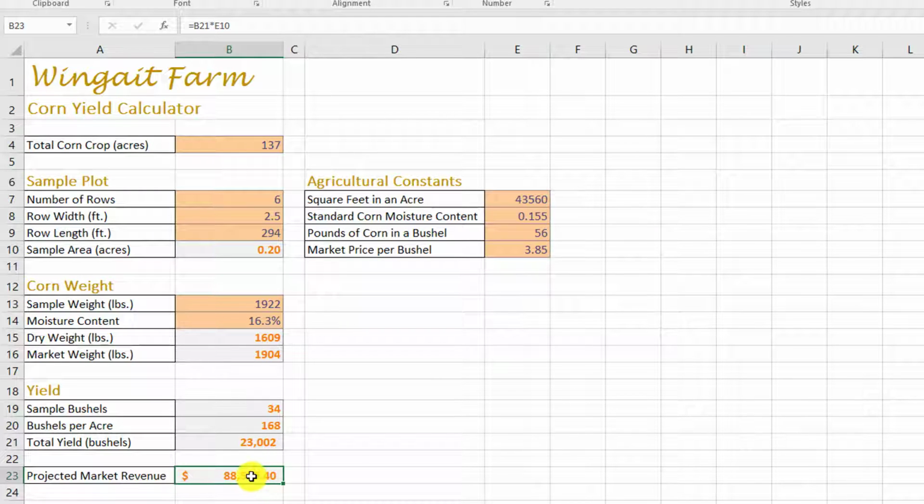So I look back, and to get this number is equal to B21 times E10. We can't really change the price per bushel. That's just a market price. We can't really raise that, that's not up to us. And the total yield bushels is kind of limited too, because you can only sell so much in a